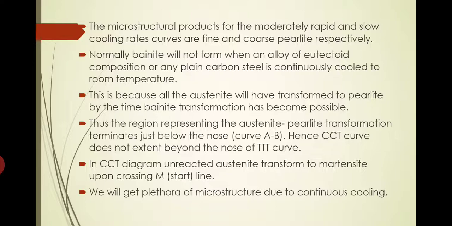See, if slow cooling, then finally all the structure obtained in the steel will be either fine pearlite or coarse pearlite. If it is slow cooling, coarse pearlite we will get. If it is air cooling, then fine pearlite we will be obtaining. If it is much faster cooling, then bainite. If it is much faster than that, with cooling rate greater than the critical cooling rate, then we will be obtaining martensite. So the final structure will be a fixed final state. Either it will be coarse pearlite, fine pearlite, like that.